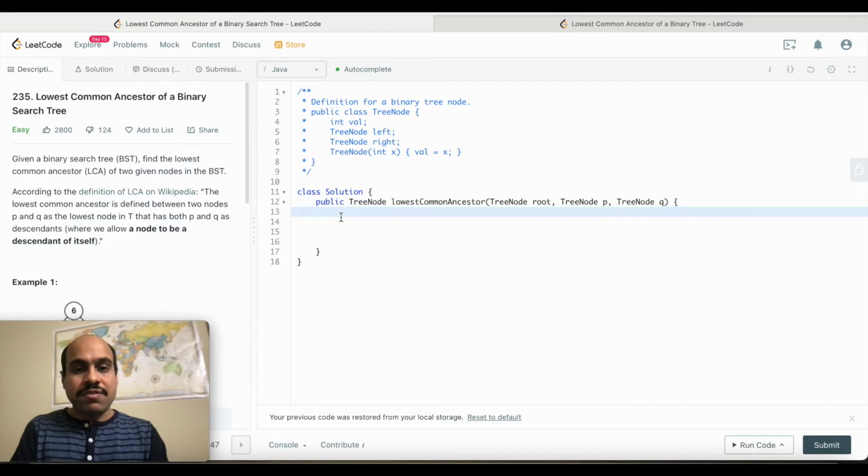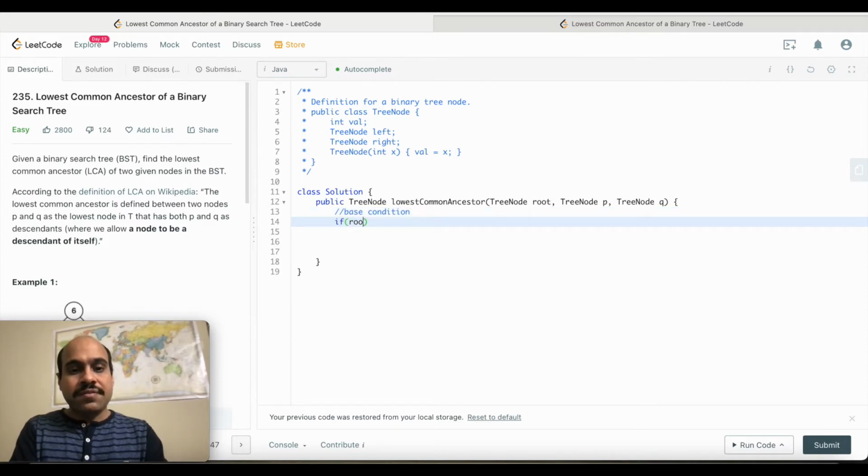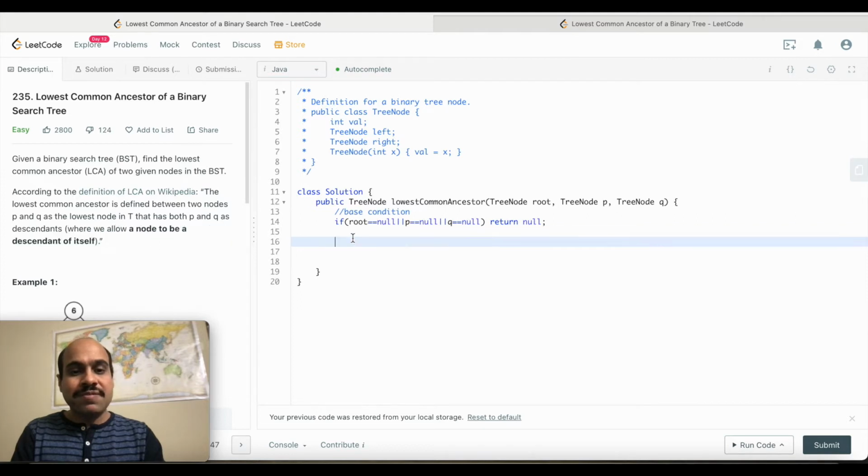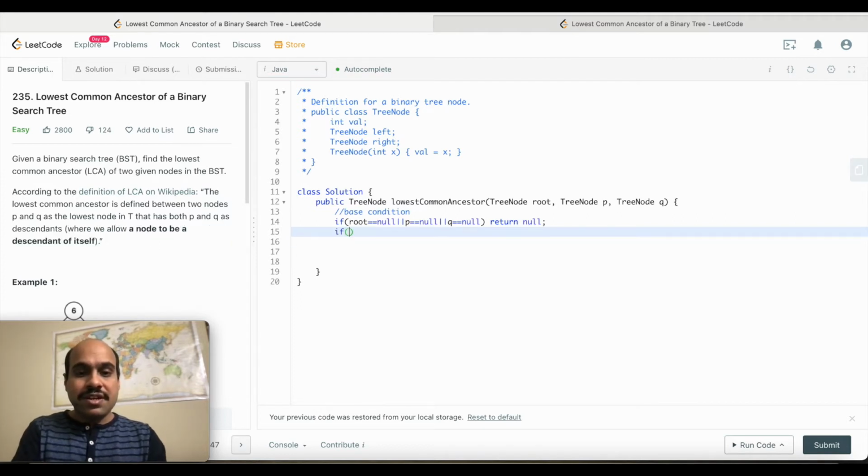So let's solve this problem. As you know, we always start with the base condition, and the base condition for a tree is the same. We check if root equals null, or p equals null, or q equals null, in that case we can simply return null. Also, one base condition to satisfy the criteria where a node is allowed to be a descendant of itself: as soon as we hit a condition where root equals p or root equals q, we can simply return the root,